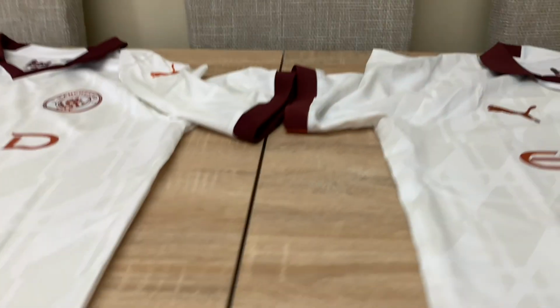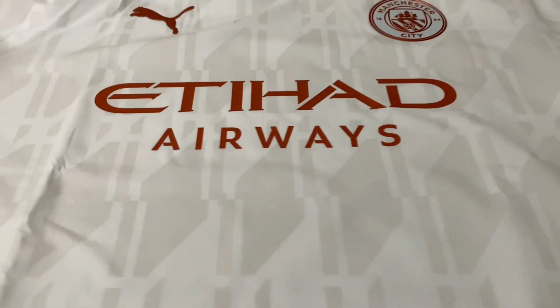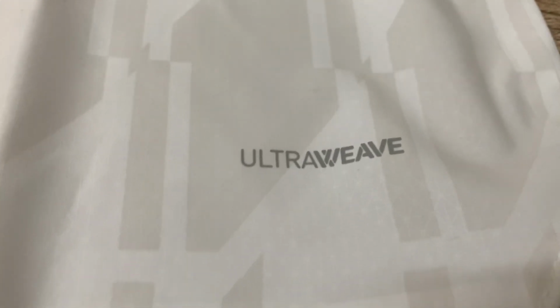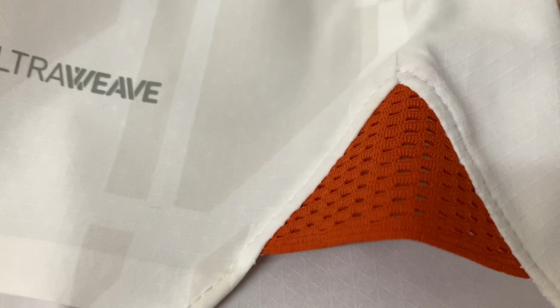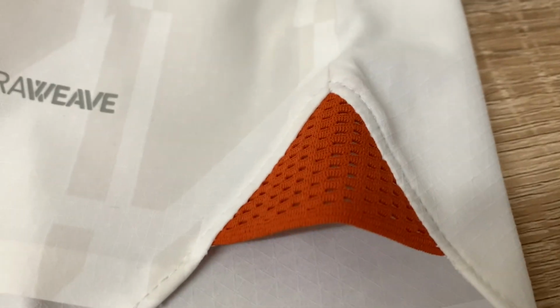And then let's go over to the authentic, the player version, which of course is the ultra weave. If you're familiar with my videos, you'll know that I'm not a fan of the ultra weave material. I really dislike it. But you get that side mesh there. A little bit more quality,